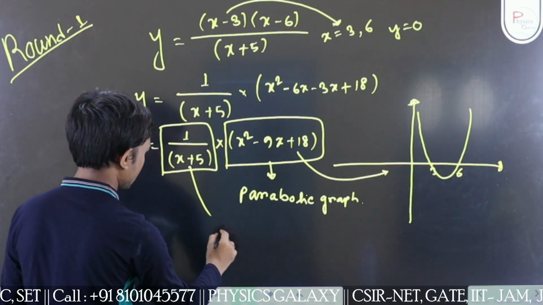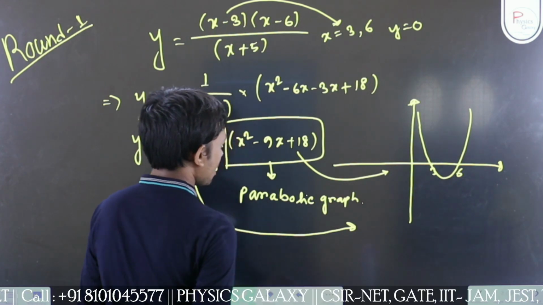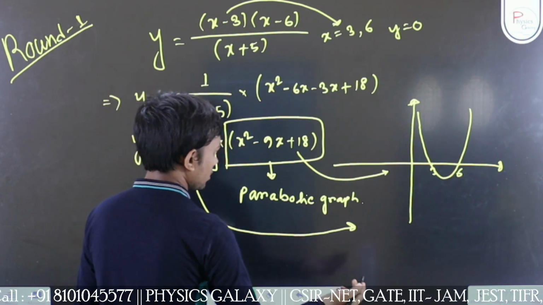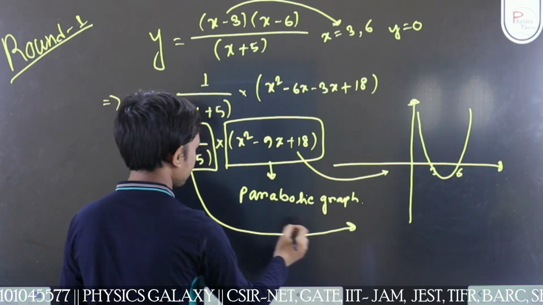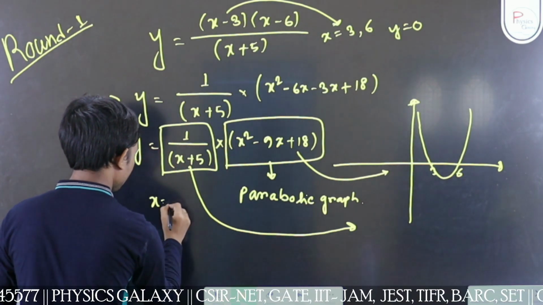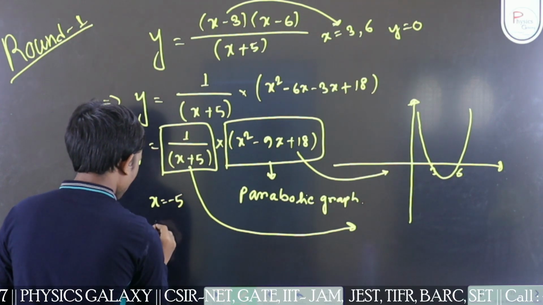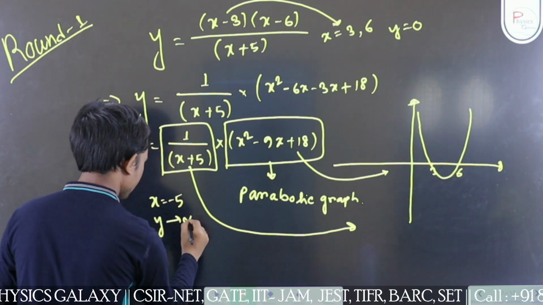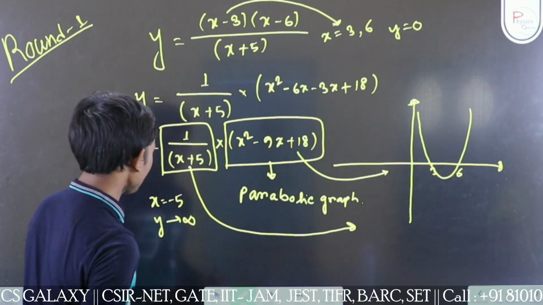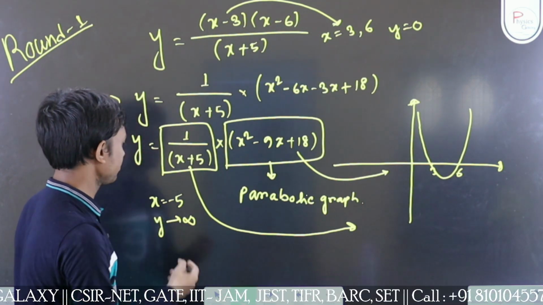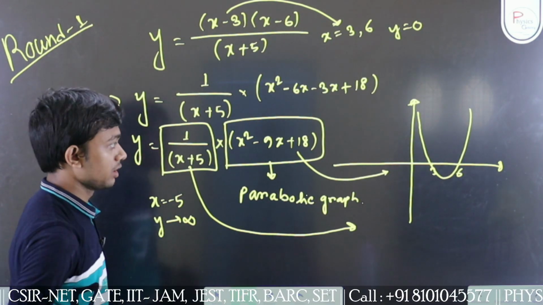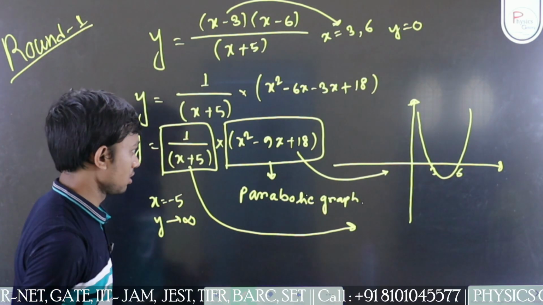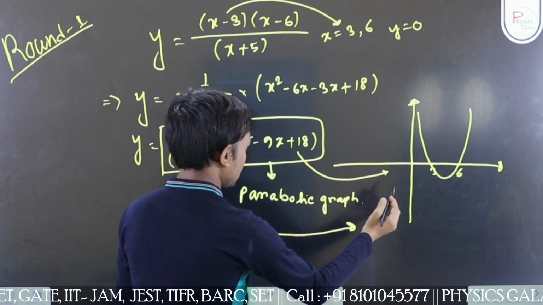For this part, I said that for x equal to -5, y tends to diverge. For this value of x equal to -5, the function y blows up, and it looks like